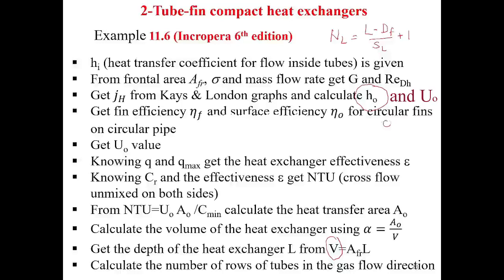So if you have an arrangement, as we said, for example, circular tube, circular fins, these are tubes surrounded by circular fins, and if the distance from here to here is SL, and the gas flows this way with dimension L, and the diameter of the fin is dF, then you can use this above equation where L is the total distance on the gas side minus the fin diameter divided by SL, which is the center to center distance along the direction of the flow, plus 1 will give you the number of rows in the direction of the